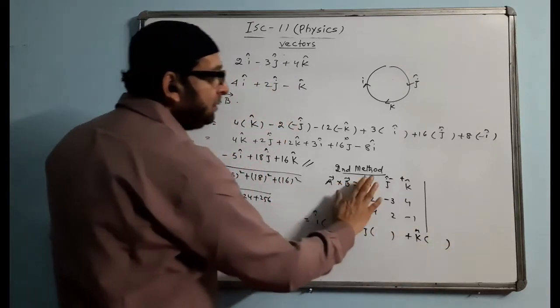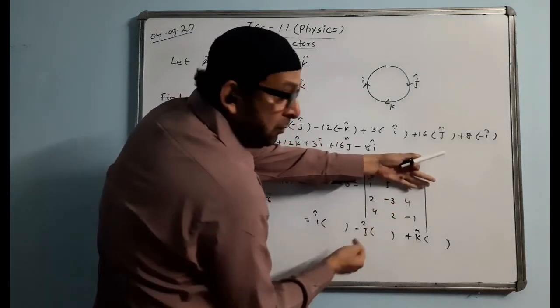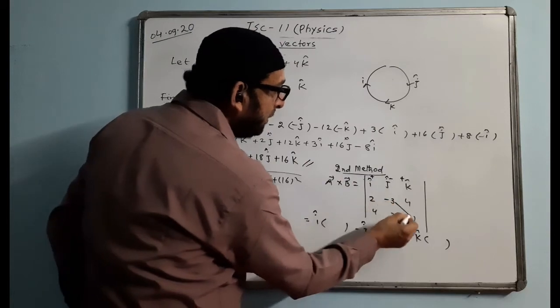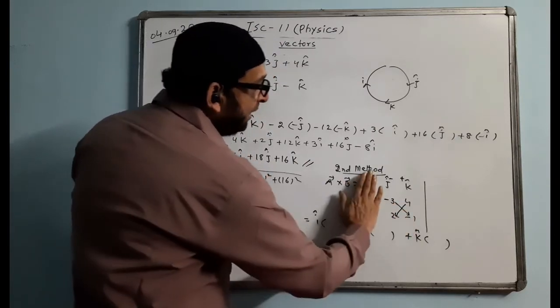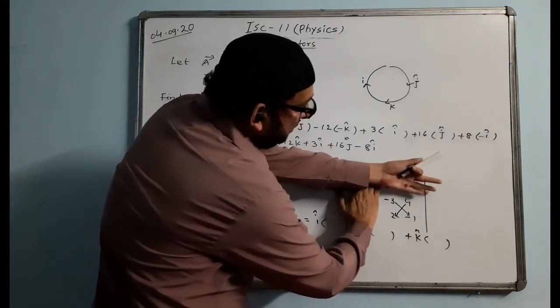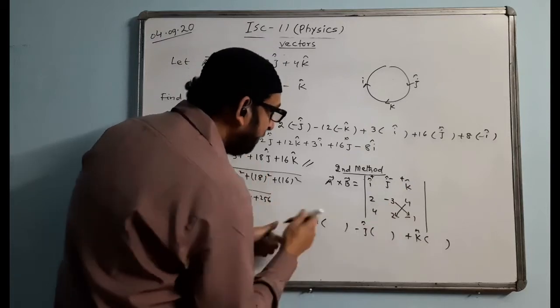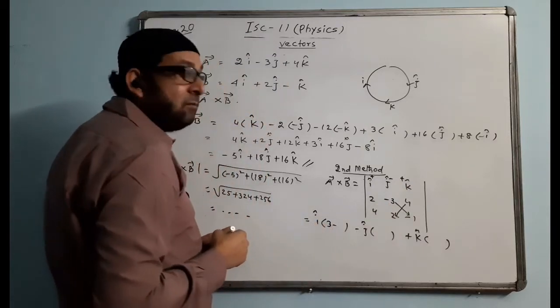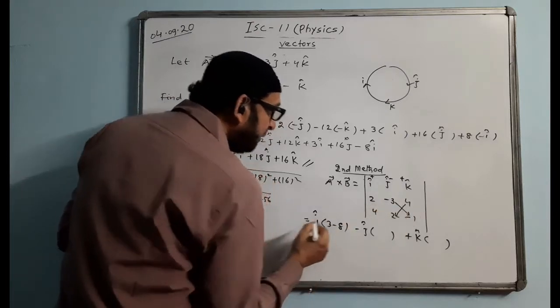When we take i, this column and this row we will not take. We see 4 things here: 1, 2, 3, 4. Start from the top and then we do minus this. After hiding i's row and column, you see 1, 2, 3, 4, multiply now. Minus, minus, plus: 3 ones are 3. Put a minus after multiplying one column. Then 4 twos are 8.